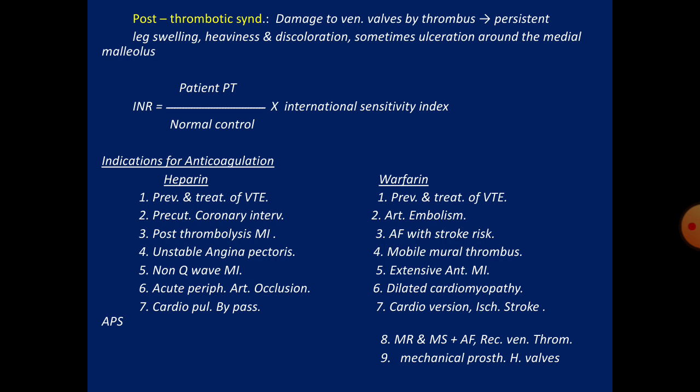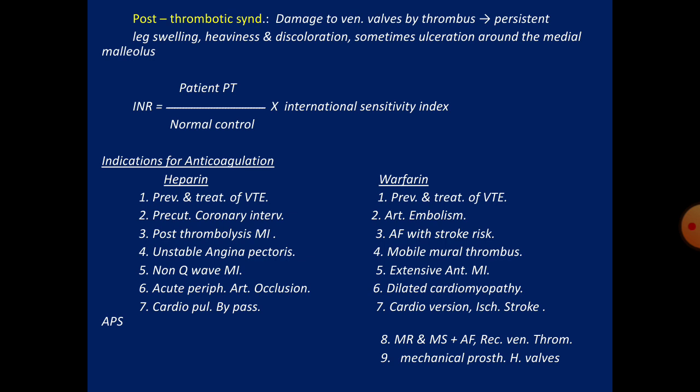For those patients treated with warfarin, as we said, you should superimpose heparin or low molecular weight heparin, and then later on you keep the patient on warfarin. And you see the indications again for venous thromboembolism, arterial thromboembolism,